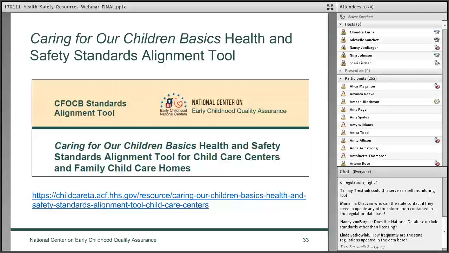But twice a year, probably, I'd like to start this in February, we're going to do a full link check and review to see if any states have made any other changes to their regulations, and then make that change in the database. But it does reflect the date of the whole document.